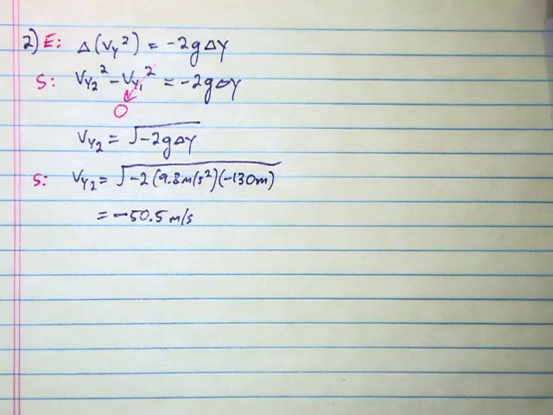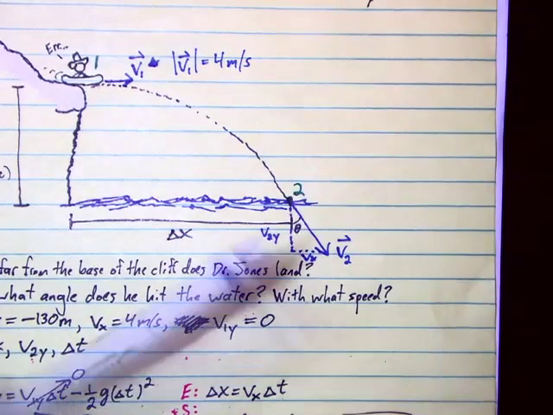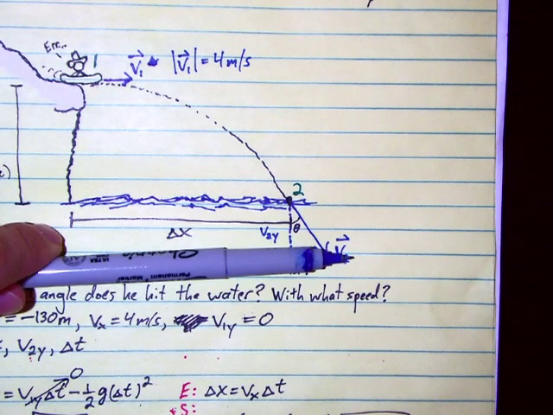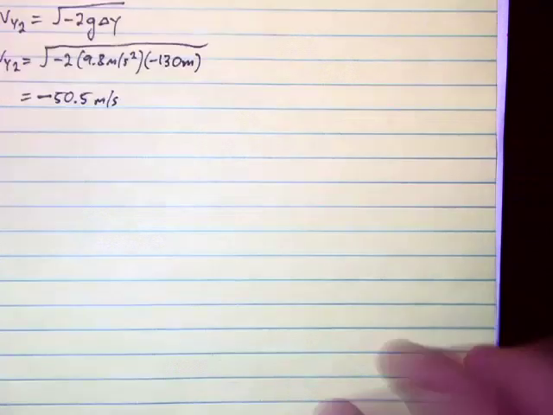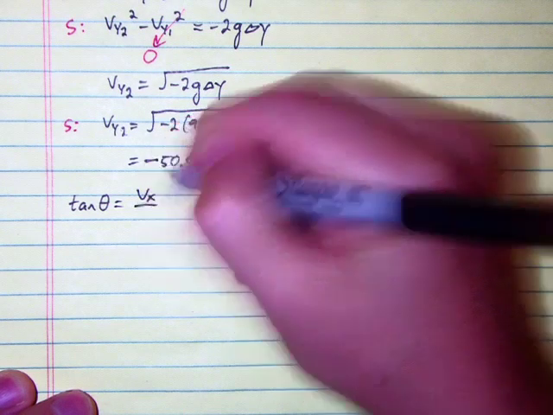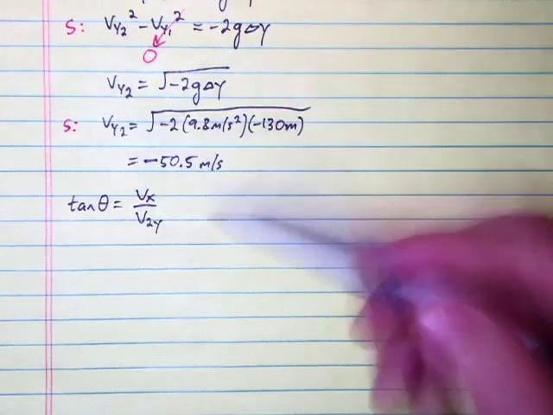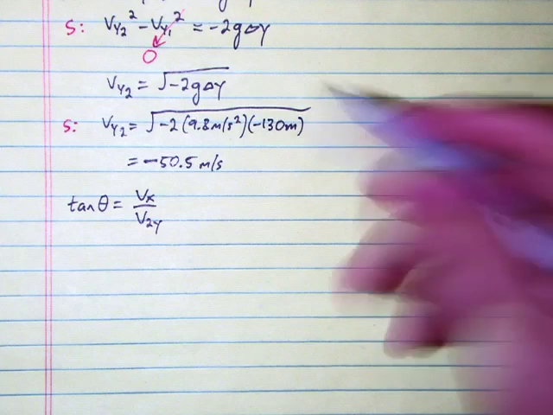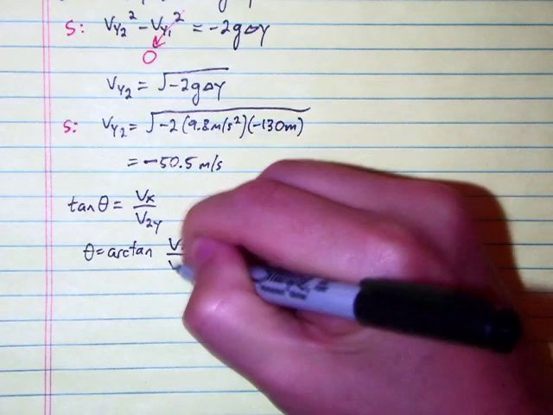Okay, so let's look back at the picture. We now know this is negative 50.5 meters per second. We know Vx has stayed constant. That's still 4 meters per second. So tangent of theta is Vx over V2y. I said Vy2 here, but it means the same thing. I should have written V2y. Okay, so then theta is arctan of Vx over V2y,